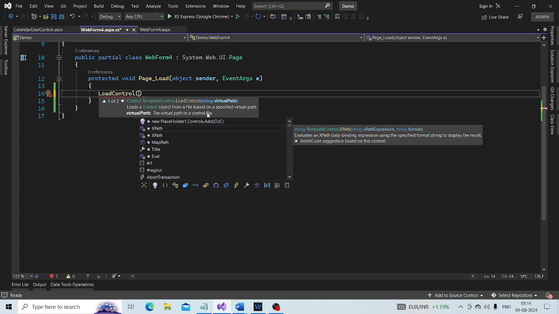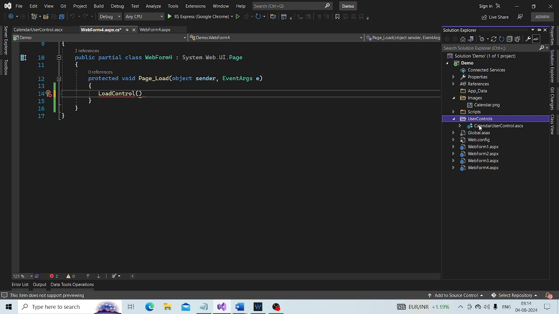We want to load this calendar user control, which is present in this user controls folder.